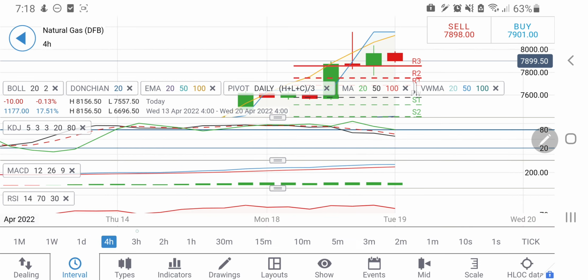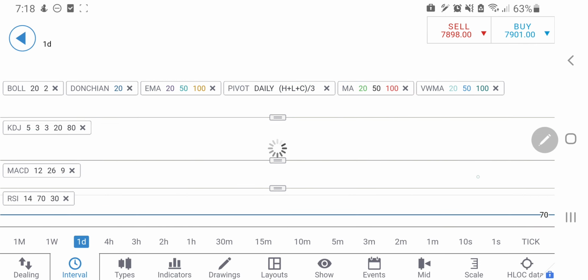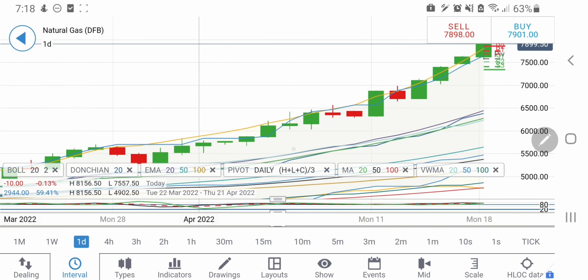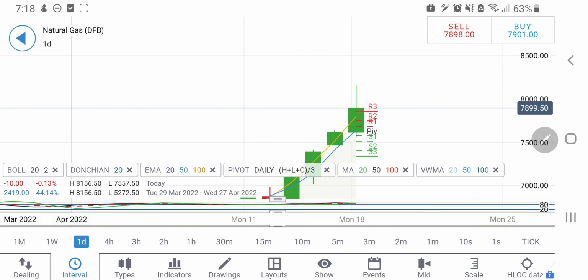4-hour stochastic, 4-hour RSI, it is overbought, strongly overbought here. And if you look at the daily charts, now let's come back to the daily candle. See, look at the daily candle. This is trading out of the Bollinger Bands here. It was out of the Bollinger Bands, now trying to fall back in the band here. And I'll be watchful of the next candle, and on the next candle, if you see it trading above